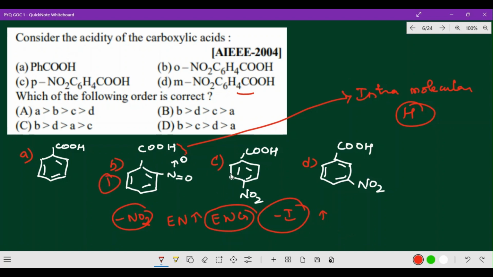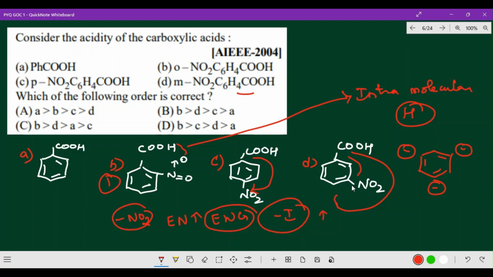The second one is paranitrobenzoic acid, the second strongest. Why? Because the inductive effect is distance dependent, so it has to travel from here to here. This is one more reason, and of course the electronegative group is here. And the third one is meta nitro, where the position is closer. And when you go for the resonance effect, usually you will get a negative charge here, and then here, that means at positions 2, 4, 6, like that it will be there.